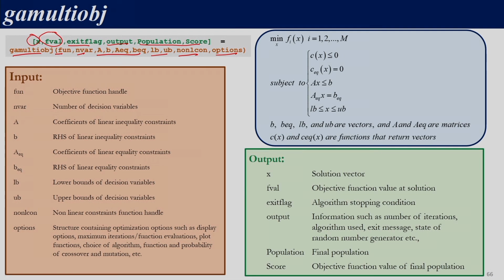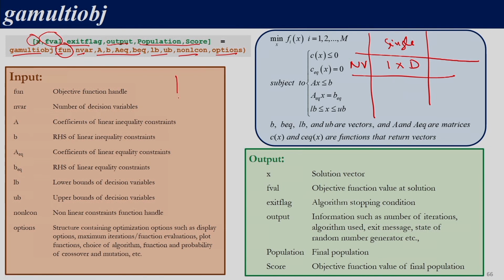The difference between single objective and multi objective optimization is going to be primarily in terms of the file which we are supplying. In the case of single objective optimization, let us say we have a non-vectorized code. In this case, we would send a 1 cross D vector, one solution. If we have 3 variables, what we might send would be something like 2, 4, 5, and let us say we have an objective function which is x1 square plus x2 square plus x3 square. The fitness function would return a scalar value: it will do 2 square plus 4 square plus 5 square and return that value. So what we would get is 1 cross 1.